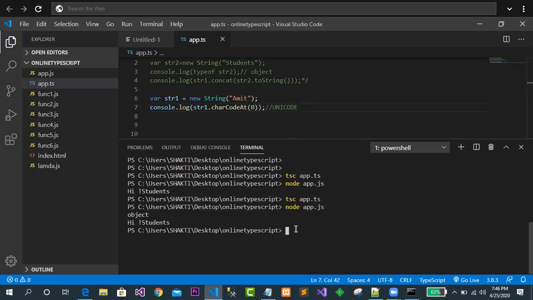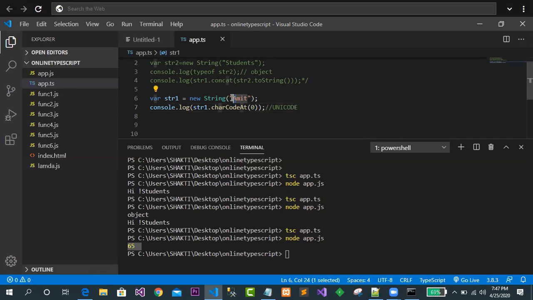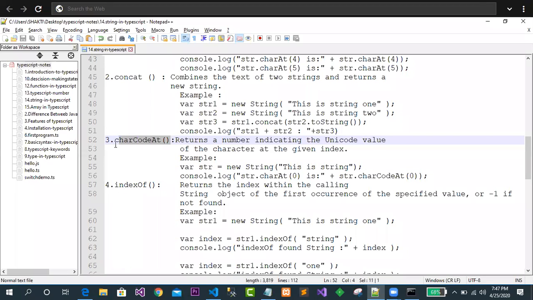So in this case, I compile it with tsc app.ts and run the project with node app.js. And look at this, 65 is the ASCII or Unicode character code for this A. Okay, so this is the work of charCodeAt. Clear?